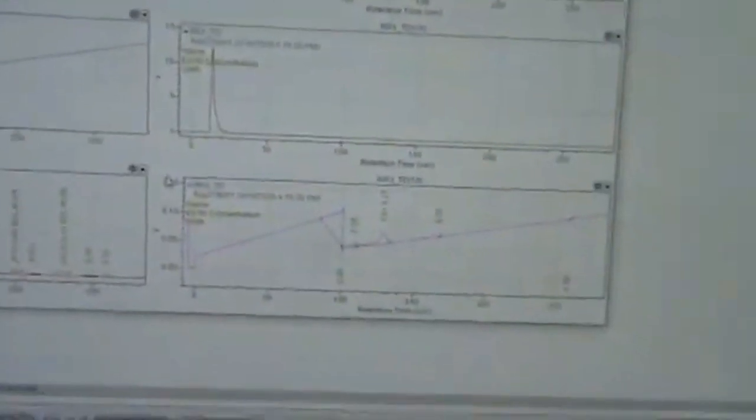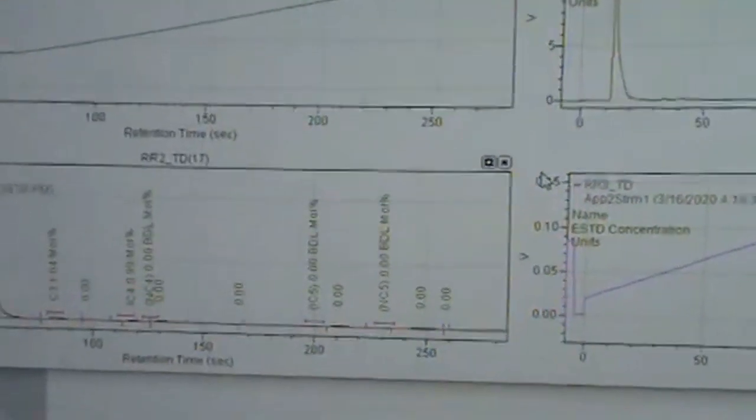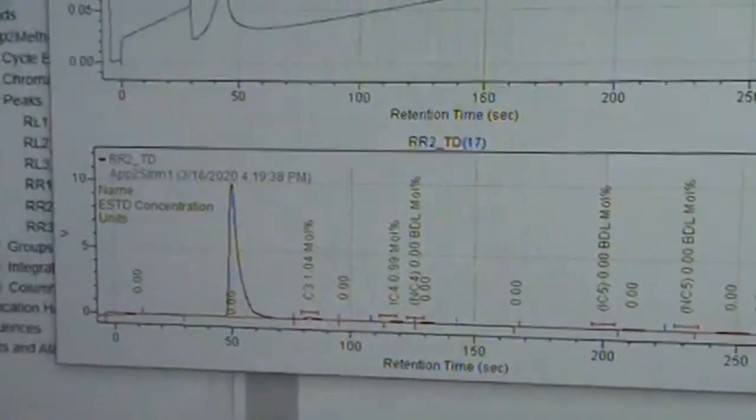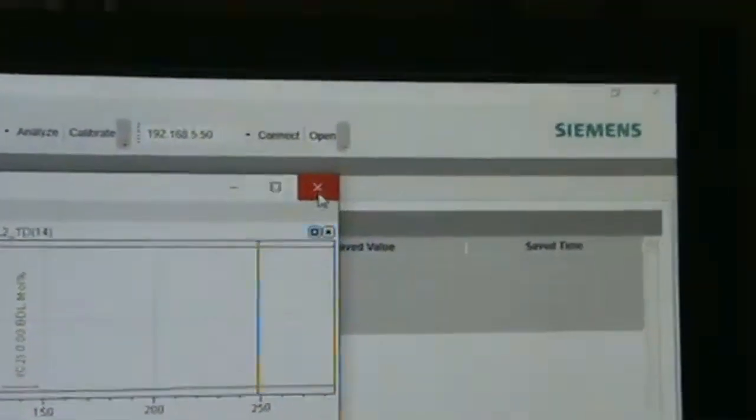Load latest is the most recent chromatogram that we just did, and we got peaks, and they're all not where they're supposed to be because the oven is not as hot as it needs to be, but we do have peaks and everything like that. So that being said, let me go ahead and close this whole thing out, and then let me go back over here and say chromatogram